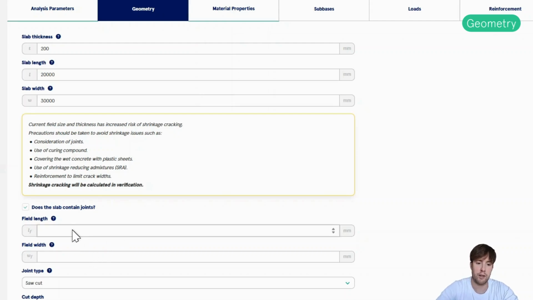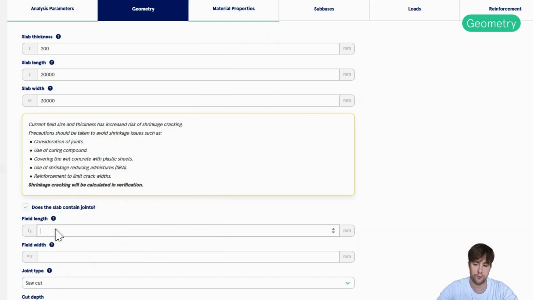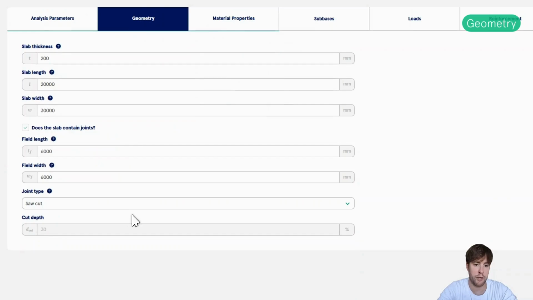And again, the hover text here will have some equations and suggestions as to how big these field lengths and field widths should be to avoid having shrinkage cracking issues. So let's type in, for example, 6,000 millimeters by 6,000 millimeters, so 6 by 6 meters.